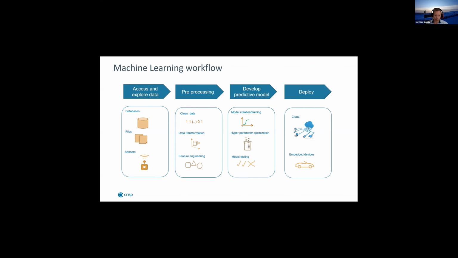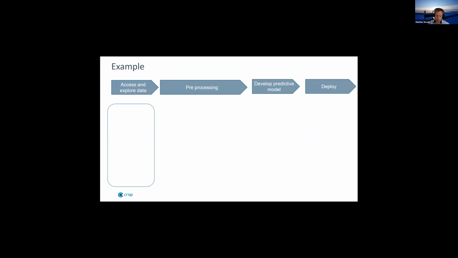So if we will illustrate this with a small example, imagine that you have a smartwatch, a device, and you want to figure out if the person that has this device is biking or not. So the first thing you would do is try to collect data. So just acceleration data and store this in some database. And in the beginning, you might not even do anything more advanced than just try to explore this data. So you use visual tables, visual means just to understand, does it tell you anything?